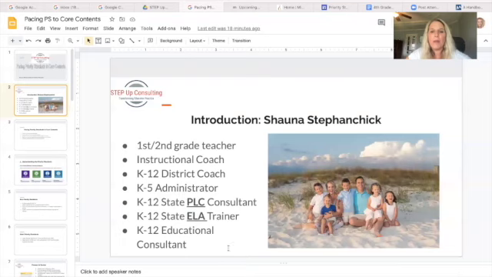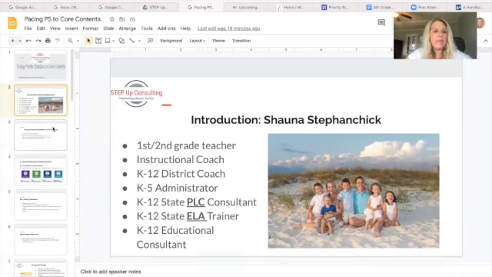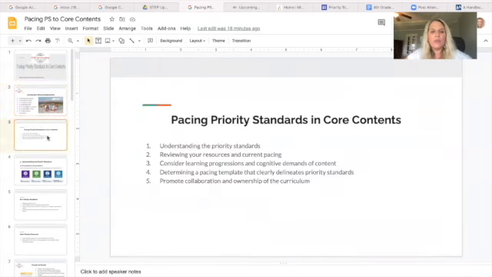But a little bit about my history. I'm from a small town. I spent most of my time in rural, and now I spent some time working as a district coach. So I was in the district office when Common Core came and then went for a bit, and was a principal, worked with the RPDC in the state as a PLC consultant, an ELA trainer, and now I work for myself independently. And so today, what I wanted to do is talk to you about